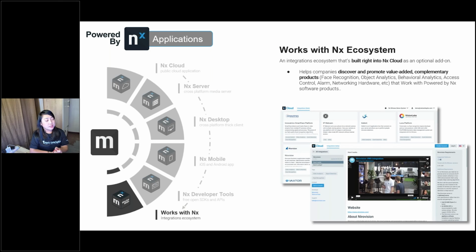We have a centralized ecosystem, as I mentioned earlier, and it seamlessly integrates with Nx products. If you're looking for a solution that would help you build or customize your IP video system, you can just go to nxvms.com and you will find integration information there, and a list of our integrated partners.